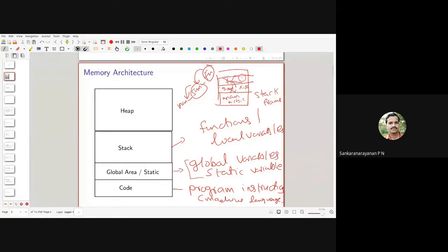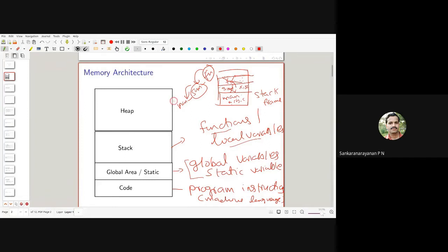When fn is active, only the local variables in fn are active. The local variables in main are not active. If you have a stack data structure, we can easily implement this idea. So this stack area follows the same stack principle, and it is used for functions as well as local variables.